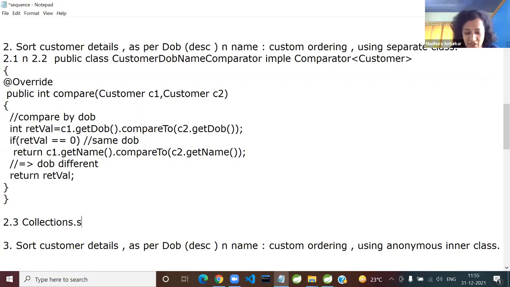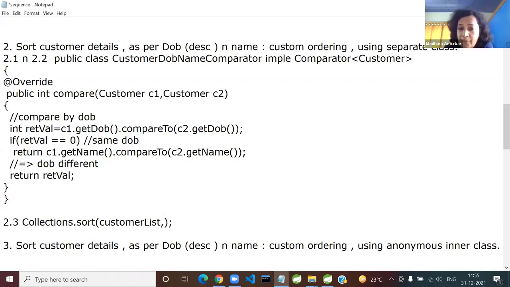Collections? So I have a small question. Suppose I say Collections.sort and customerList. Tell me, will it do the sorting as per the natural ordering criteria or custom ordering? NO or CO? Natural ordering. Everyone gets it? Because you have not supplied any instance of comparator. So this is the wrong one.